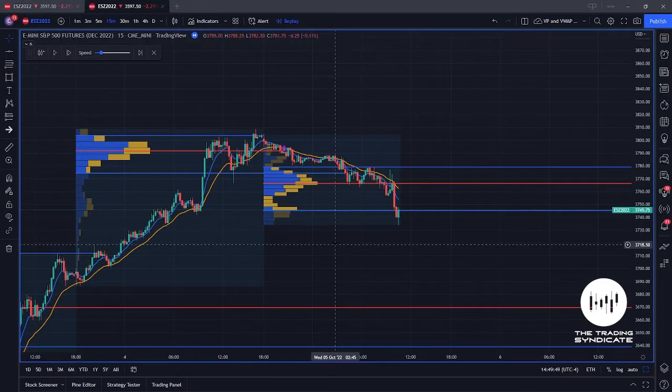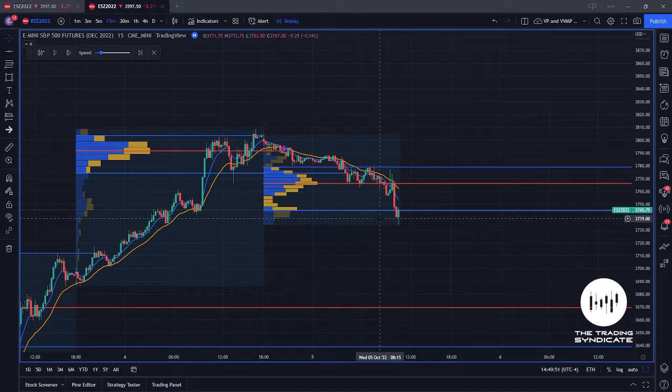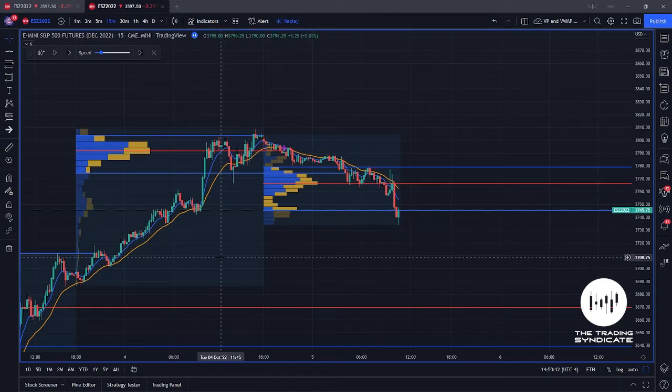Here in our chart, we have the overnight session leading into Wednesday, October 5th, in the context of our previous volume profile session on Tuesday, October 4th, where we have our point of control in a thin profile here. We know that areas traded through low volume look to go back to areas of value where high volume was